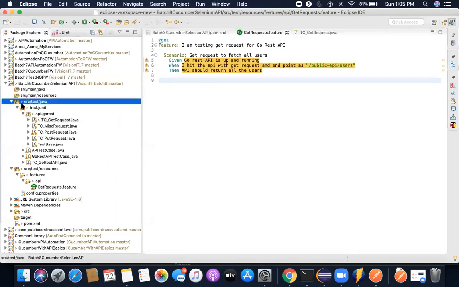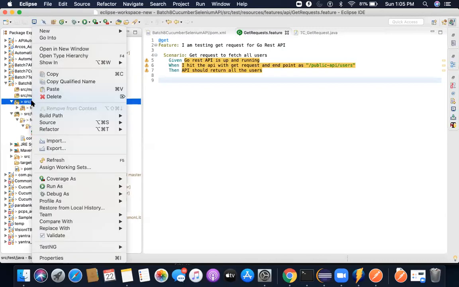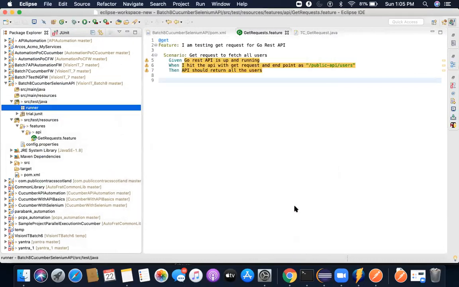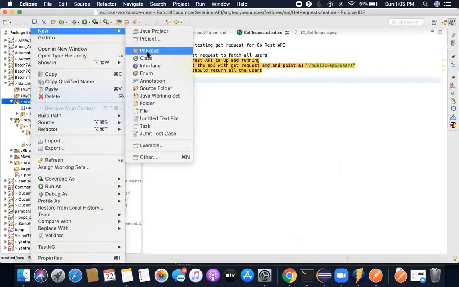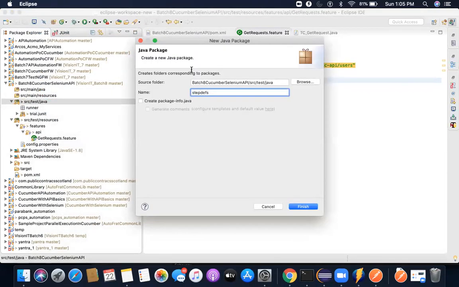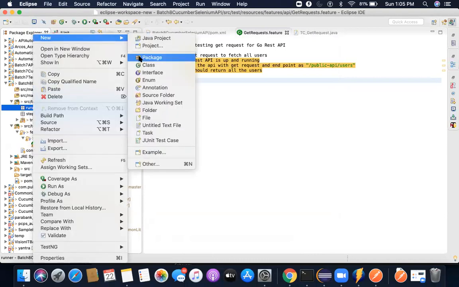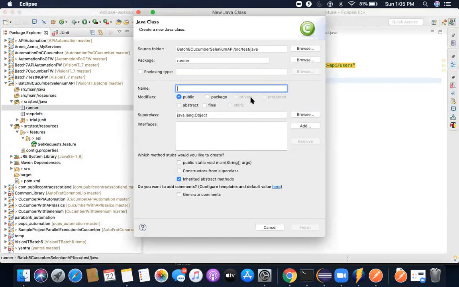So what I'll do, I will compress this. I'll right click, new, I'll create a package, and in the package I'll write runner. Or rather, I'll create one more package called, let's say, step defs. Finish. So I have a runner package, I have a step defs package. Now next what I'll do is, in the runner package, I will do a right click and create a class. The name I'll give it is run test. By the way, I can give it any name, doesn't matter, but I'm choosing to name it run test because